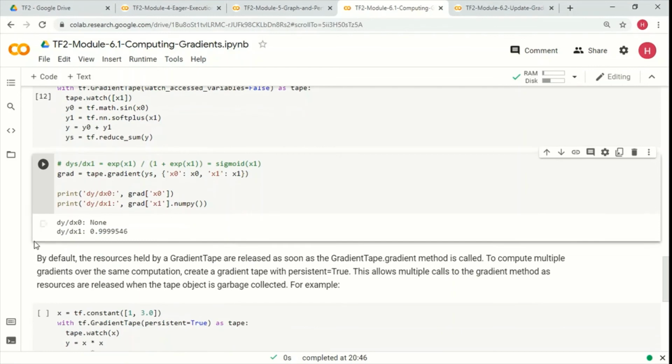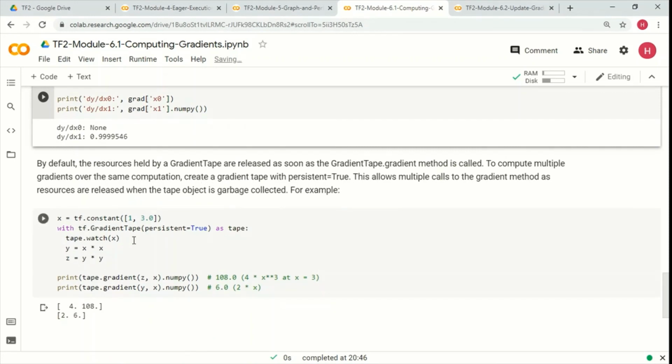So what we actually get is dy by dx0 as none, because we are not watching x0, right? And we are able to get dy by dx1 because we are watching x1 here.